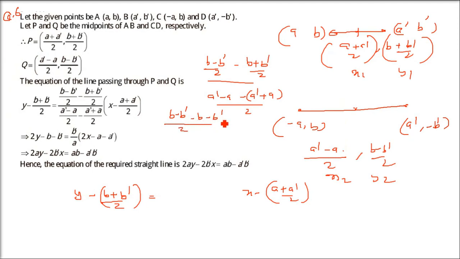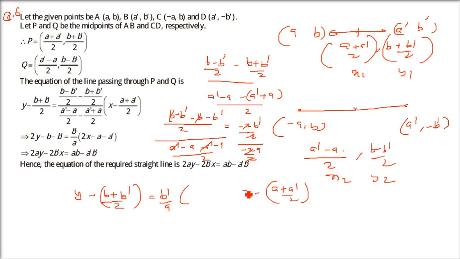And here minus b and plus b will cancel, minus b minus 2b' by 2. Here we have a' minus a' minus a. Here you have a' and a' will get cancelled. Here b' cancelled, minus 2b' by 2. In the denominator you have a', you can cancel. So this will be minus 2a by 2. So this minus 2, all these 2 will get cancelled. Minus also will get cancelled. Only b'a will come.